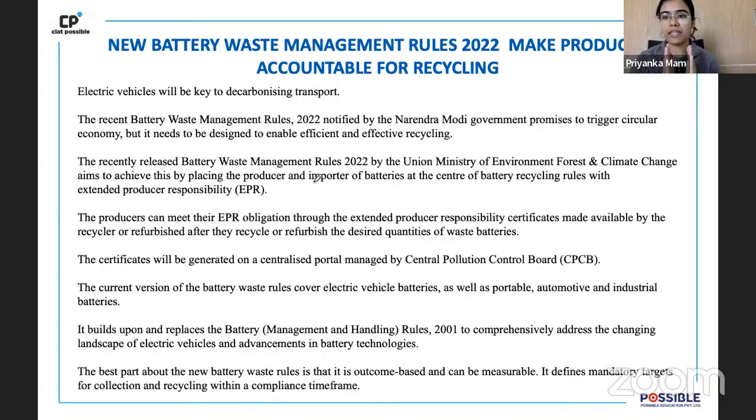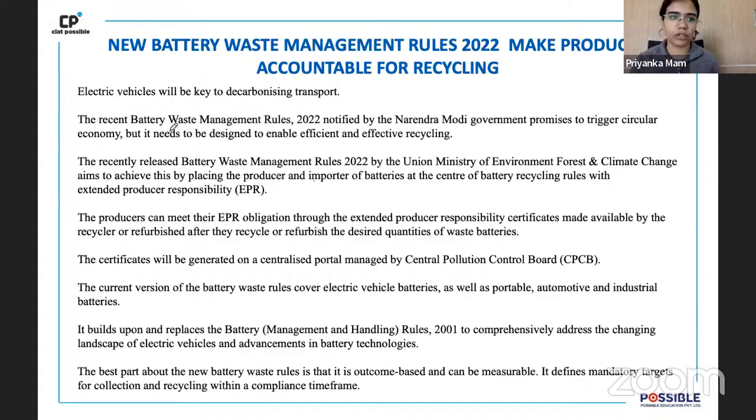Then comes your new Battery Waste Management Rules of 2022. Very, very simple. If I say this in a simple line, first, there is talk of a circular economy here. That basically means that you make certain things that can be used, reused, recycled, refurbished, and used again. And secondly, they are saying that if you are producing any battery, then either you will bear the entire cost of its disposal, or you will use renewable sources of energy, meaning things that can be used in a circular economy, because of which we will give you certificates. These particular certificates will show that you have fulfilled your responsibility, and they are tradable in nature also.